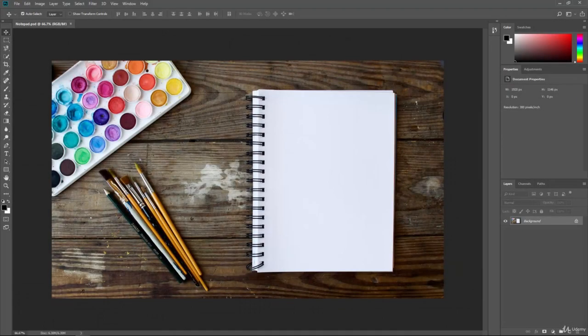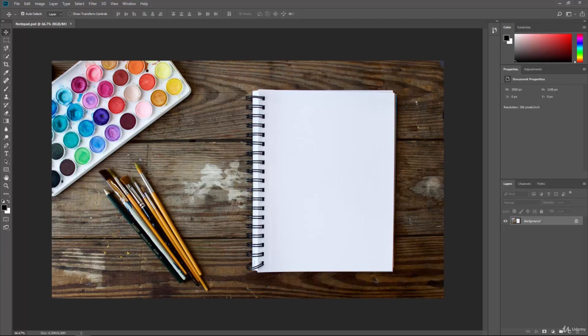Now we're going to take a look at brush tools and brush settings. Brush settings are pretty common and important inside of Photoshop, not just for the brush tool, but for other tools too, because you can use a lot of the brush settings with different types of tools like the eraser tool or when you're painting in, say, the mask mode. But let's just go ahead and take a look at the basics of the brush tools and how they work.